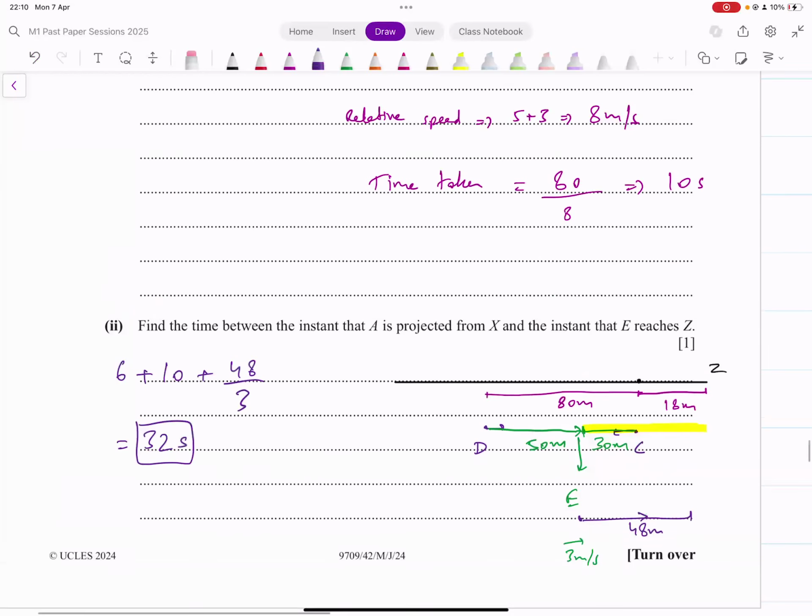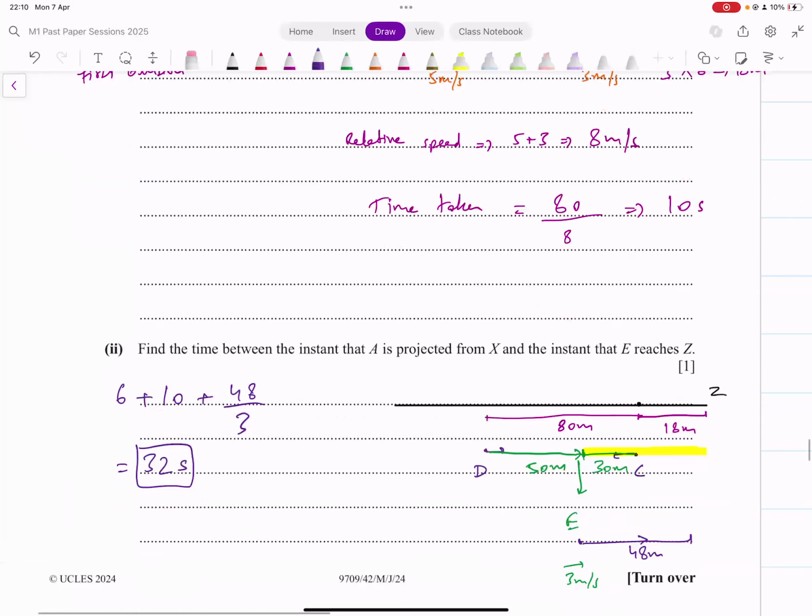Okay, I'm sorry on behalf of the examiner. This is